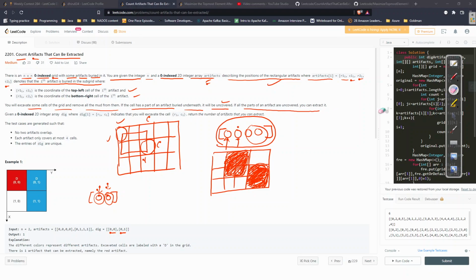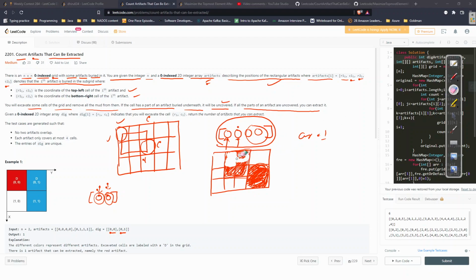Suppose you started digging and you dig this particular cell first. The artifact here covers four cells, and artifact one is in all these four, but you have only dug the first part, so the artifact cannot be extracted. How can it be extracted?